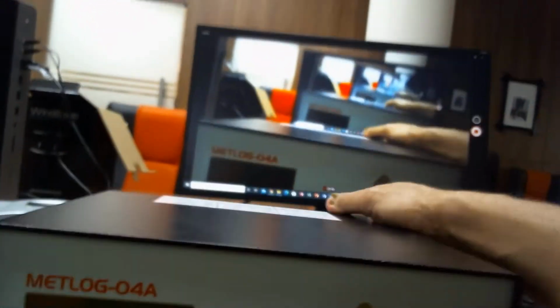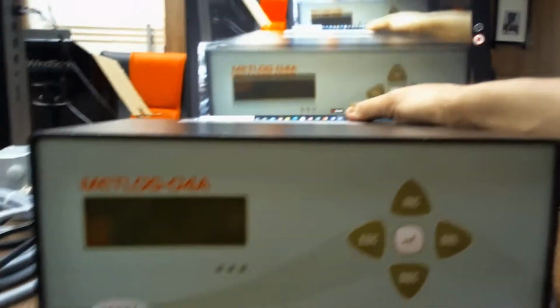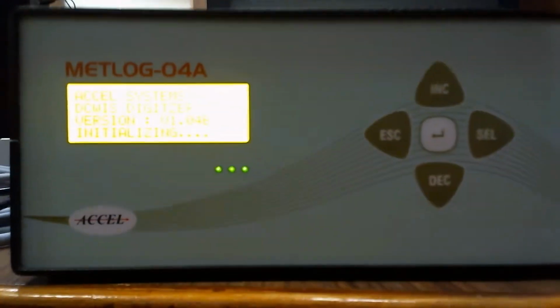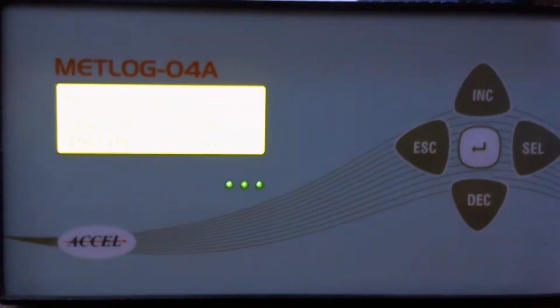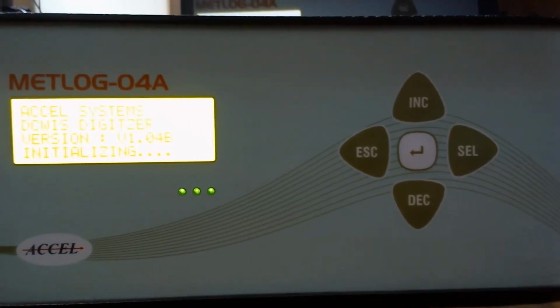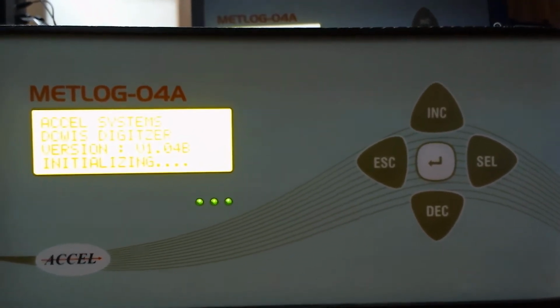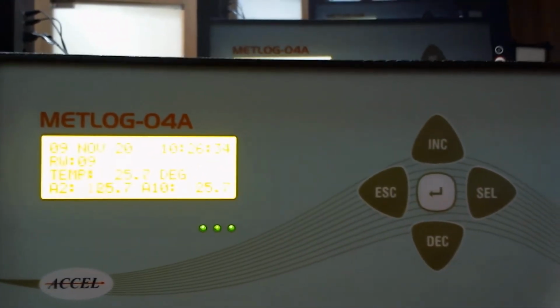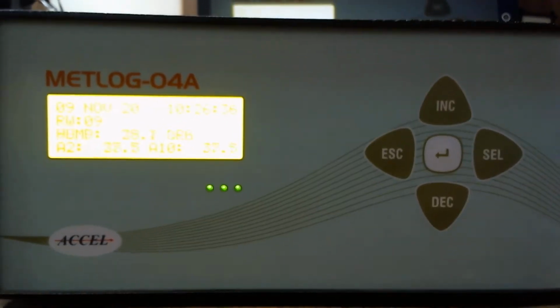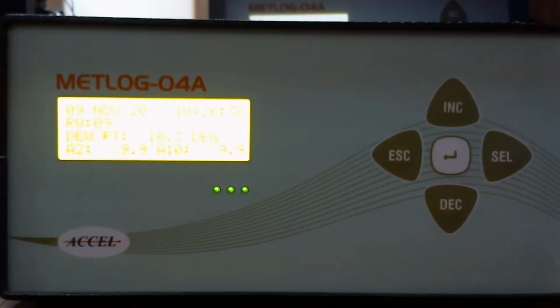So you see, after making all connections, you first turn on the powers. You turn on the power. Plus 12 volt power supply is already given here. Make sure that you have connected proper wires with the help of ferrules. Make use of ferrules for the connection of the sensors.